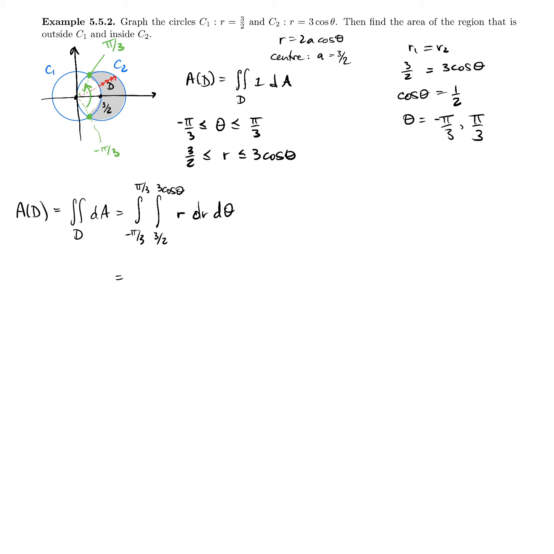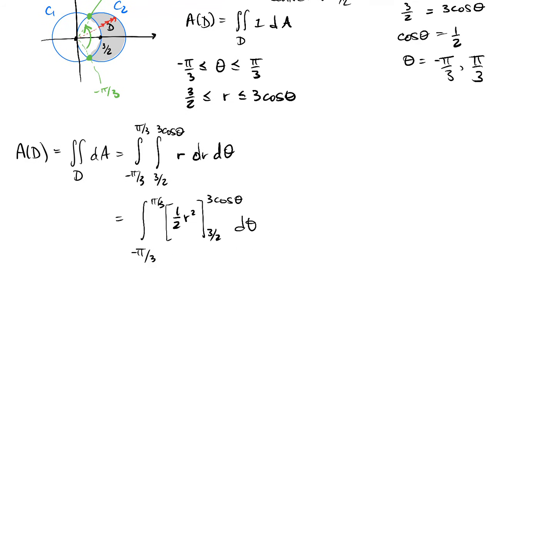We see right away that we have a theta in the bounds, and so we cannot factor this like we did in one of the previous examples. We have to go in order, and so we do the antiderivative of r, or an antiderivative of r, if I'm speaking carefully, which is 1/2 r squared from 3/2 to 3 cos theta. And we're going to run that in an integral from minus pi/3 to pi/3 d theta, which here is going to give me